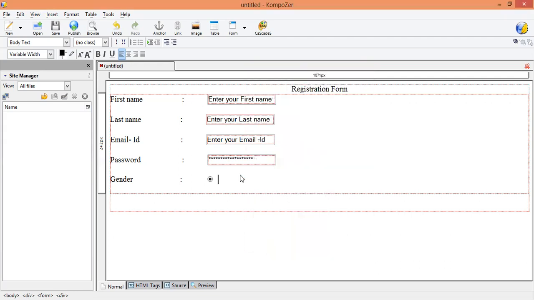Click on OK. Here you have to write down female.